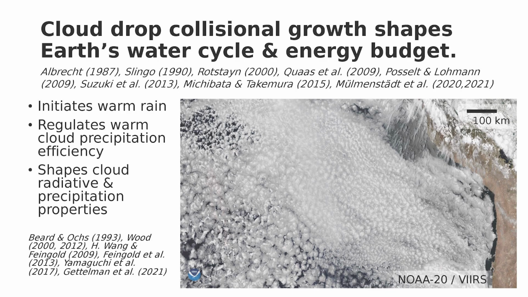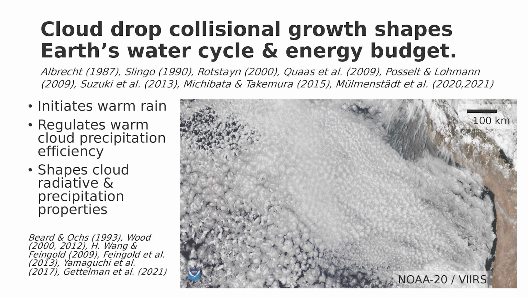First, I just want to give some motivation about cloud drop collisional growth, which of course autoconversion is trying to parameterize. This is a process that's very important for the Earth's water cycle and energy budget. It's initiating warm rain, it's helping to regulate warm cloud precipitation efficiency, and it's shaping cloud and radiative precipitation processes. And I think all of these were raised as key discussion points during the warm phase microphysics breakout session on